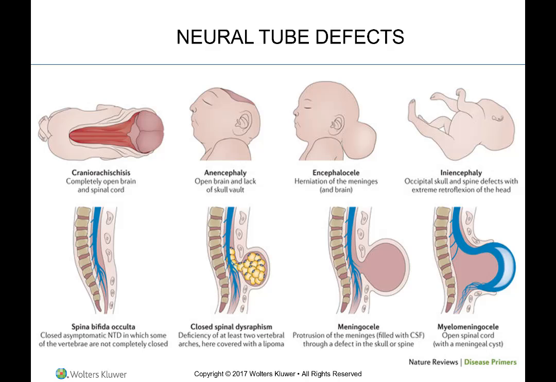We also see down at the bottom that spina bifida can be hardly noticeable, up to, at the end on the right, having a myelomeningocele, which is an open spinal cord with a cyst on it. So these are just pictures of neural tube defects that can be perhaps diagnosed early with the MSAFP.